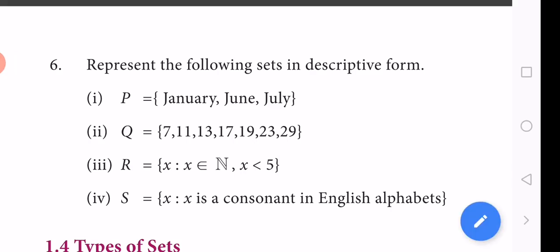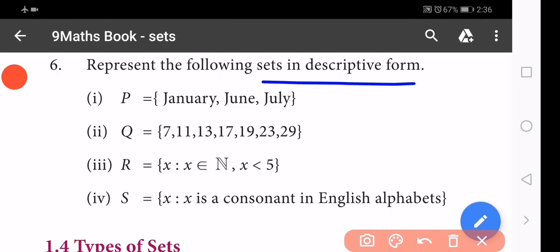In this sixth, all the sums change into descriptive form. Descriptive form is the easiest one. Here we write the property in a statement, that's all. So first one,